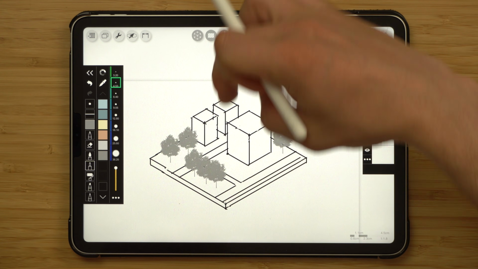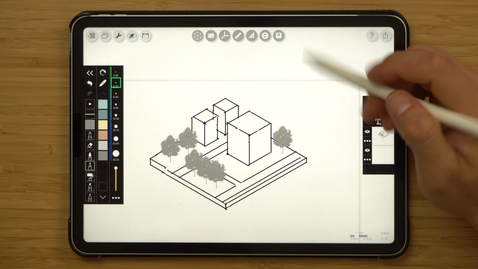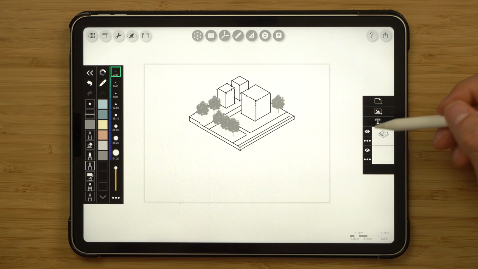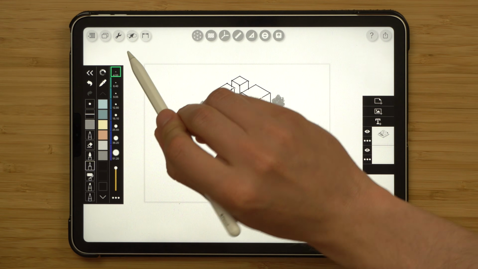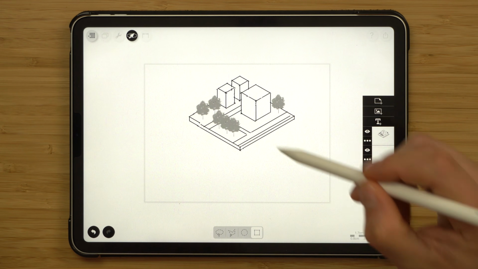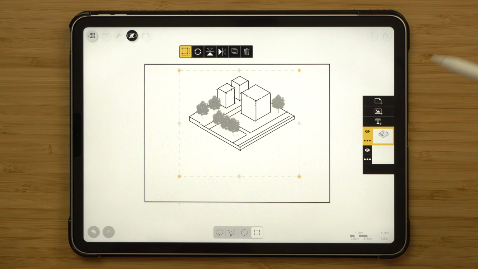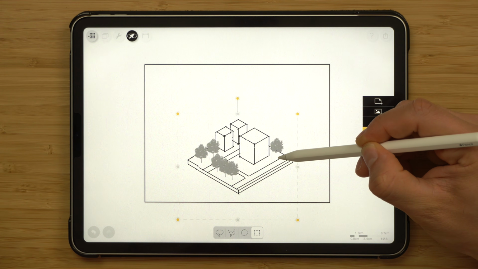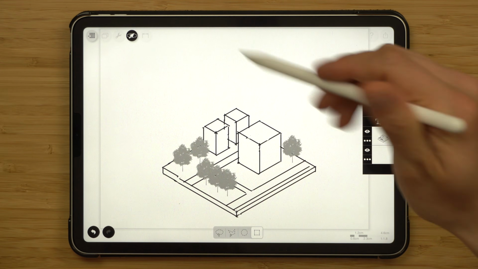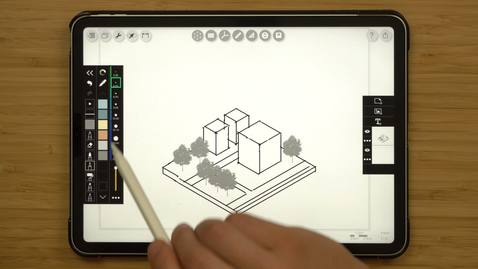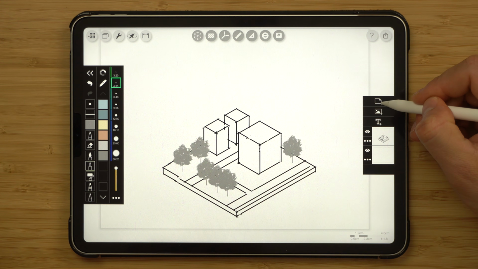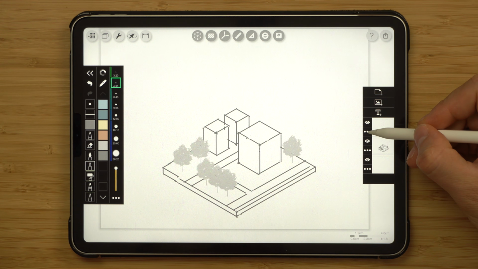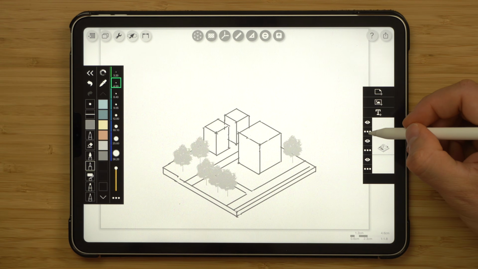Now I want to show the extrusion of this volume up to show the facade of the building that we're proposing over here, but clearly I'm out of space, so I'm going to enable this tool over here, select rectangle selection, and then pull across and position the drawing in the middle bottom of the page, like so. Then disable this tool and go to the layer properties and create a new layer by tapping this button here.